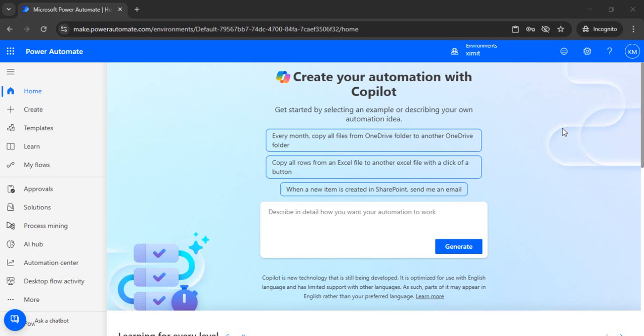So earlier, when we had to use AI features like summarizing emails, detecting sentiments, or extracting information, we had to go to the specific connector category, AI Hub, choose that, build out your own connections and have them in place. But now with the new flow designer, we are going to see how it is simplified to